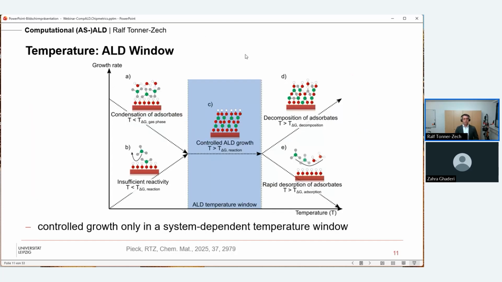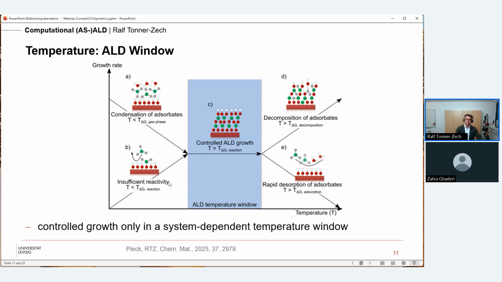Okay, some of the interesting things about ALD is that, of course, you have to optimize the parameters which are used in the experiment to do the deposition, and one of the key parameters is temperature. And this is the slide which is slowly transitioning to the atomistic picture where we work with our methods, because what is happening with temperature in an ALD process? So what you want is the blue area. You want controlled ALD growth. And you need a certain temperature to do that. That temperature must be high enough that the reaction can actually take place so that the reaction barriers are overcome, but